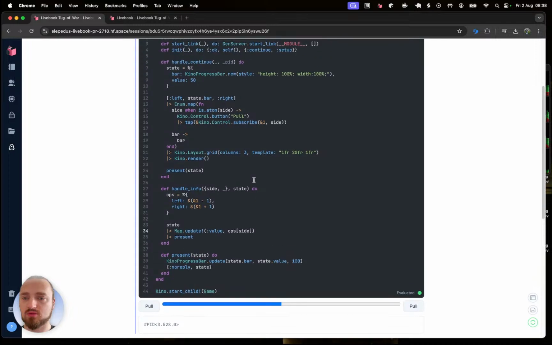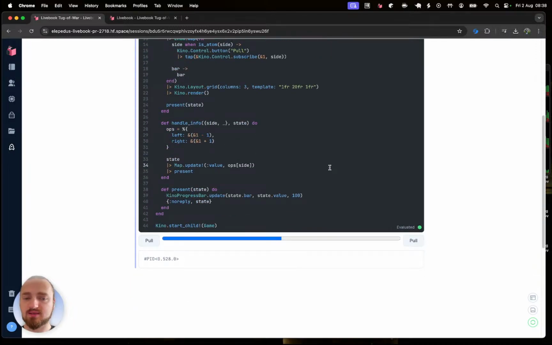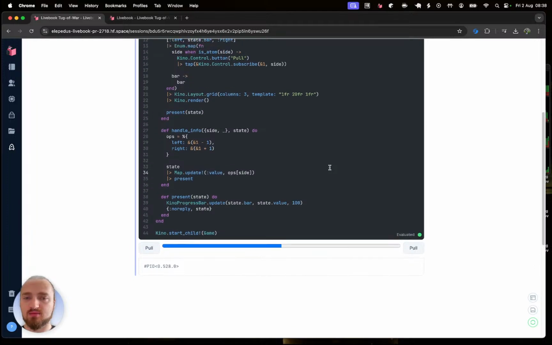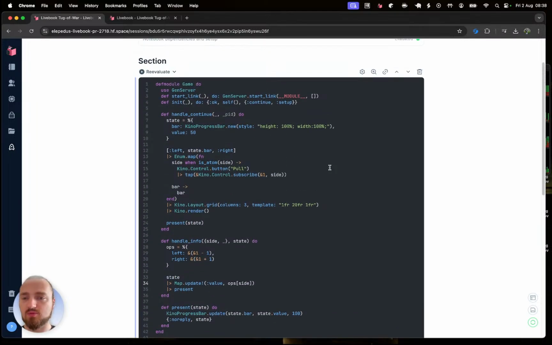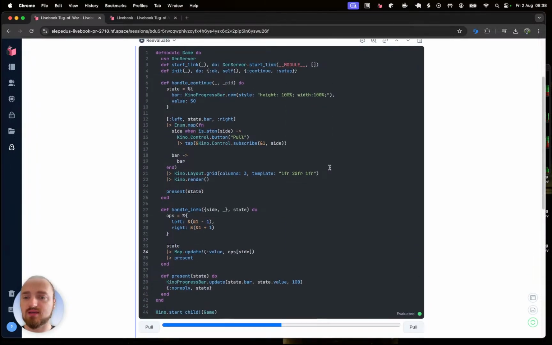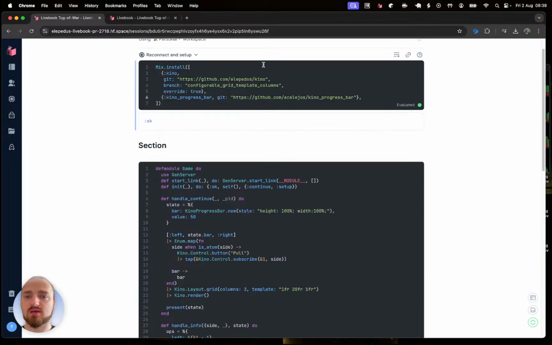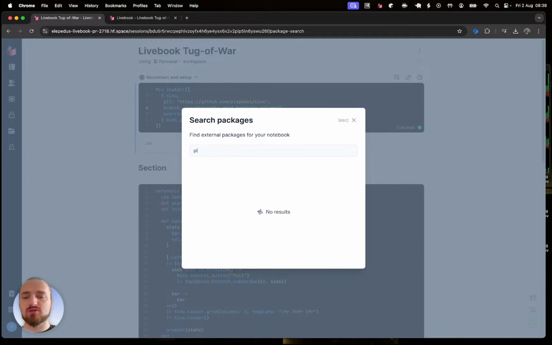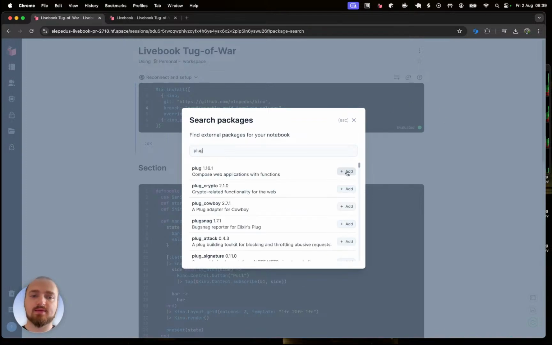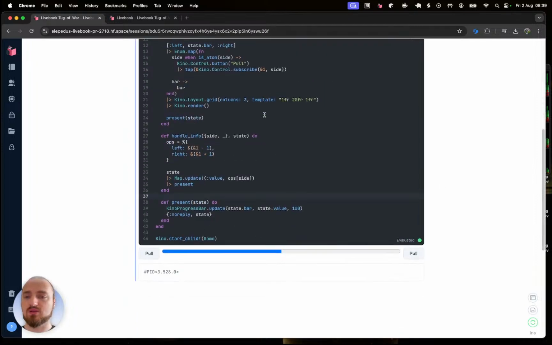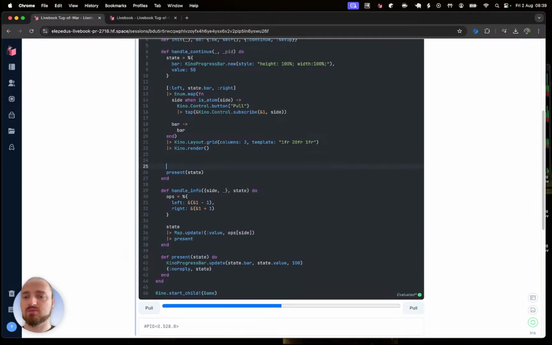We've got all sorts of cool things we can do with this. We can implement scoring, we can have lists of people, we can add an API, which is actually the thing that I like doing. So I'm going to go ahead and add an API here. In order to do that, we need to install plug. And then we need to add something else here, which is